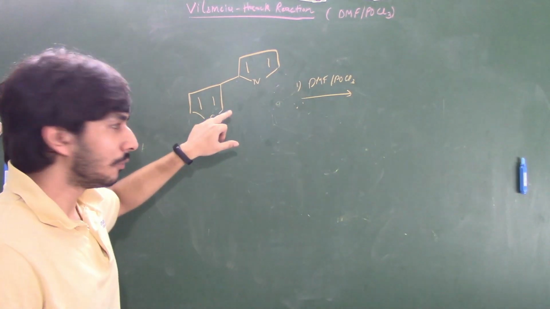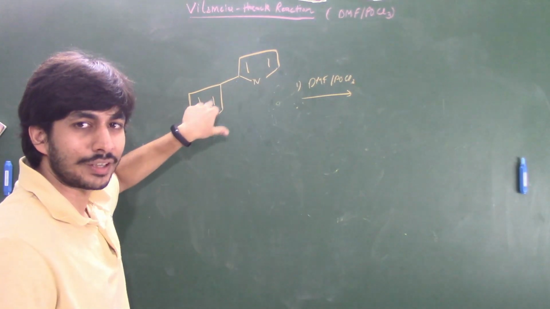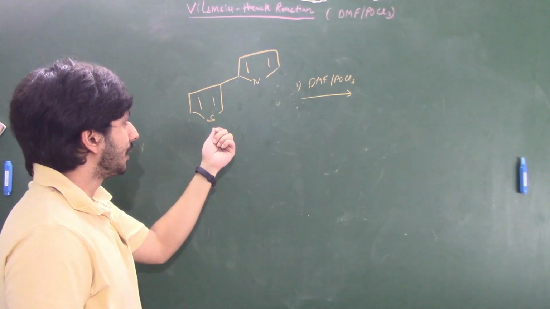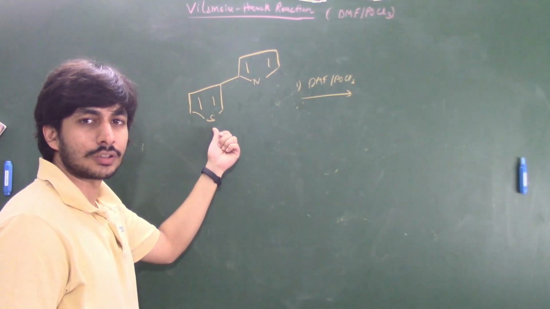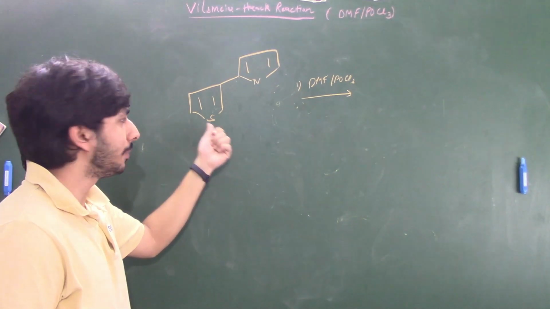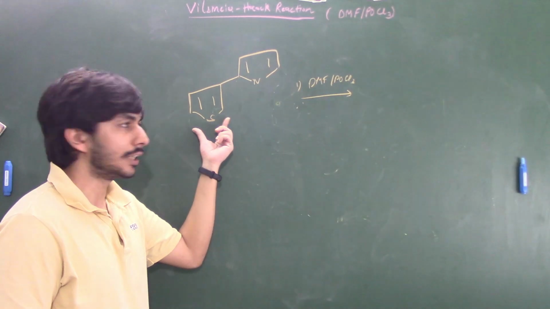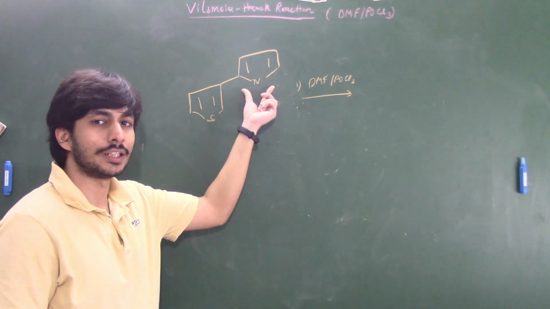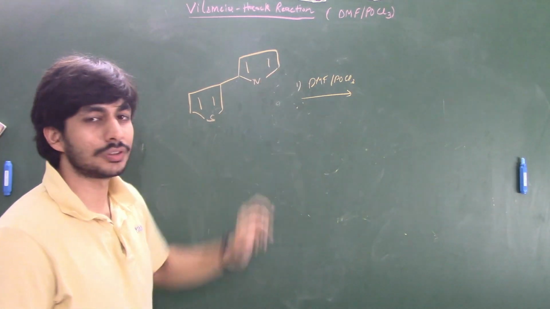happens, the resonance is there in both the cases, right? So there is resonance or mesomeric effect in both the cases, but the problem is that in sulfur, because of the poor overlap between the carbon p orbital and the sulfur's p orbital, it is 3p, it is 2p. So because of poor overlap, the electron density of this ring is not that great, whereas electron density of this ring is much greater, right? And actually both second and third positions are nucleophilic.